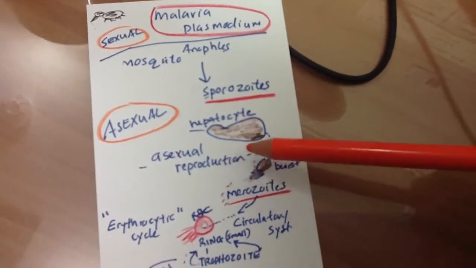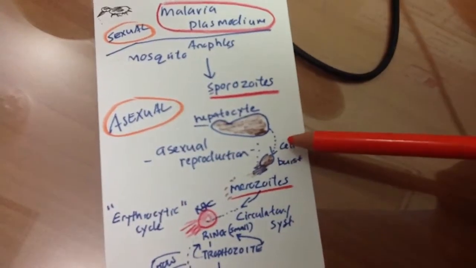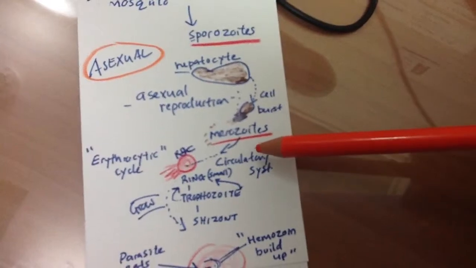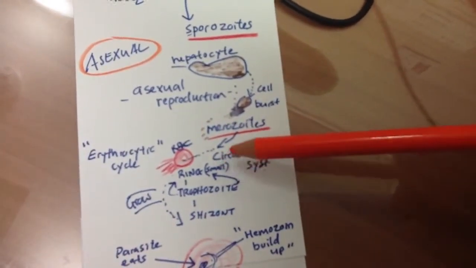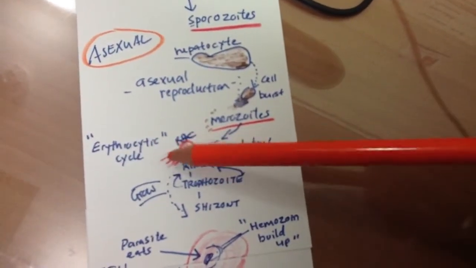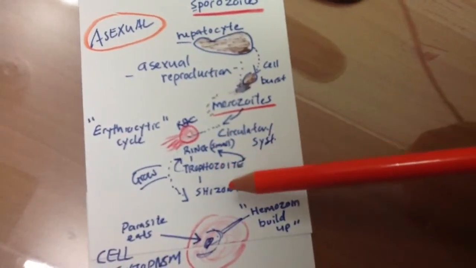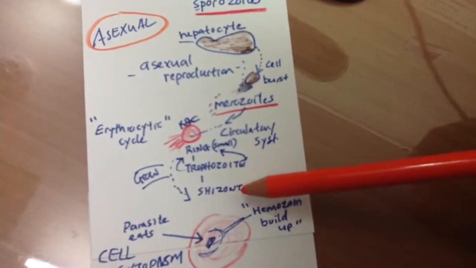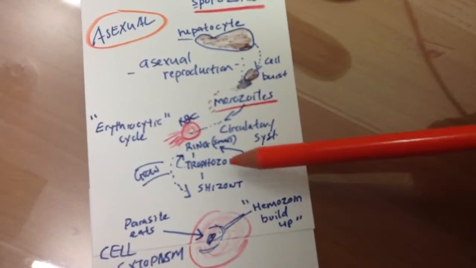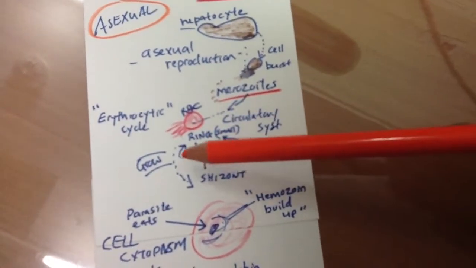So in this asexual reproduction, we must understand that after a while the hepatocyte will burst, and merozoites are released. And these merozoites will then go into the red blood cell. This is called the erythrocytic cycle, and into the circulatory system. And we must think about, before it gets to the schizont stage, they are trophozoites, and before the trophozoites they are small rings, and these are the rings that are seen in the red blood cells. And then they grow,